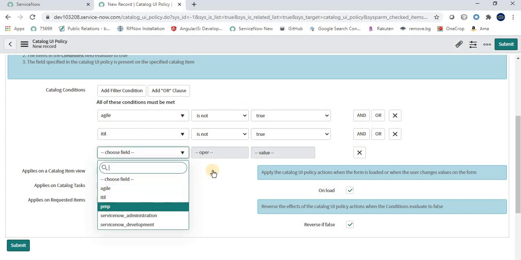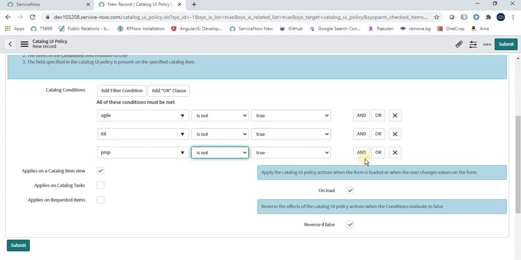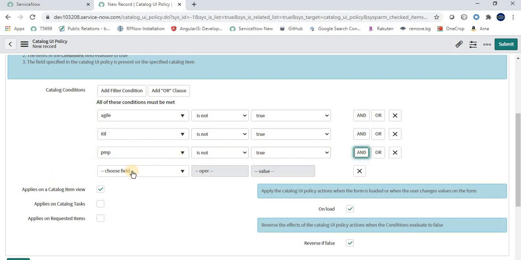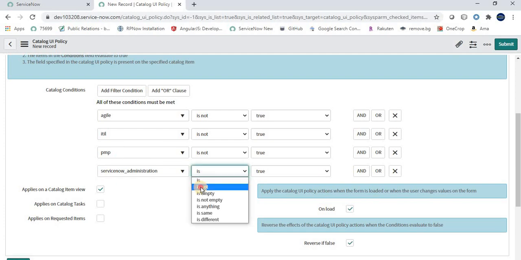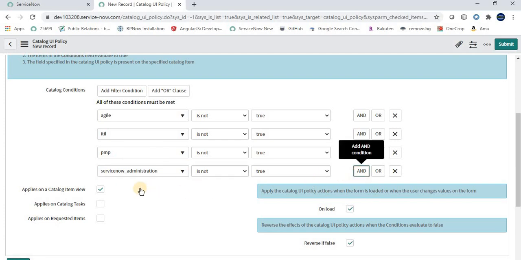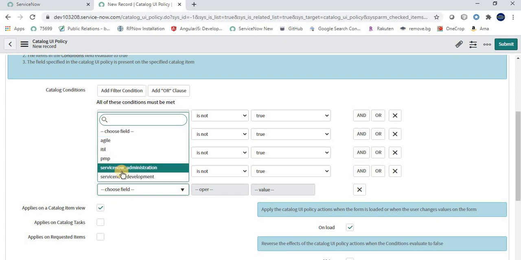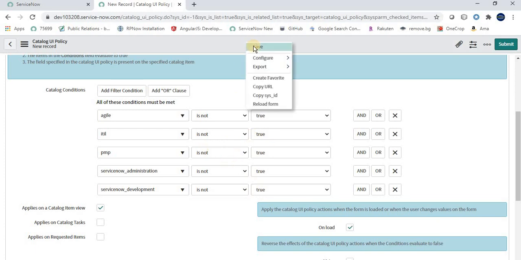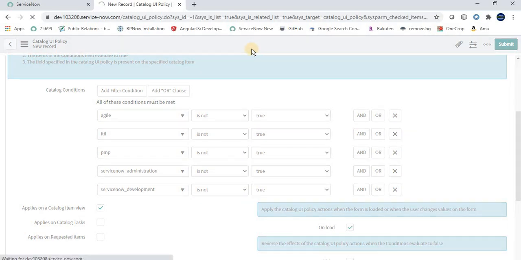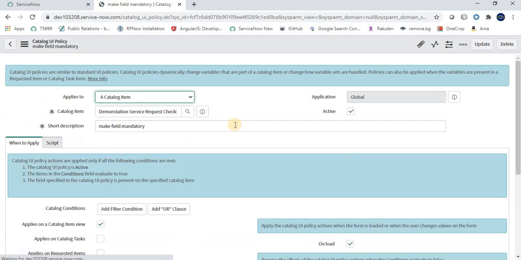So here we have PMP, I'm saying is not true. Then ServiceNow Administration, I'm saying it's not true. And the last one is ServiceNow Development, right? So I'm saying ServiceNow Development is not true. Here we are done with the condition. Now save it.